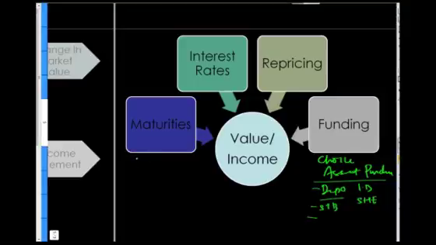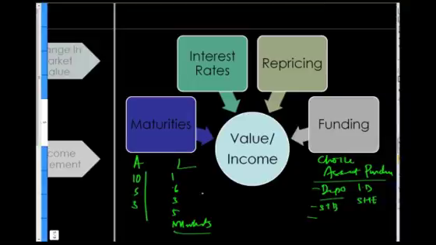So both in terms of assets and in terms of liabilities. Am I going to buy a 10-year asset, a 5-year asset, a 3-year asset? Is this asset going to be a loan or a bond? Am I going to fund this asset by a 1-year deposit, a 6-month deposit, a 3-year deposit, or a 5-year deposit, or possibly even a loan or an amount that I've actually borrowed from markets in the form of either listed corporate debt or a capital note or a bank linked note or a bank guaranteed note or a holding company note.